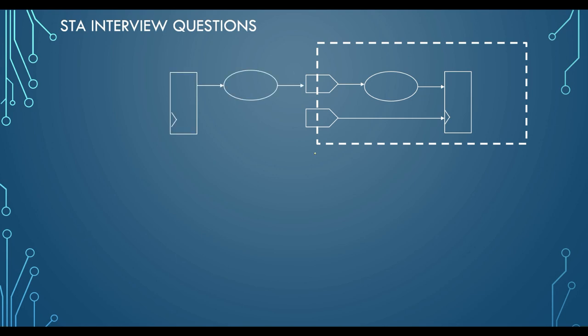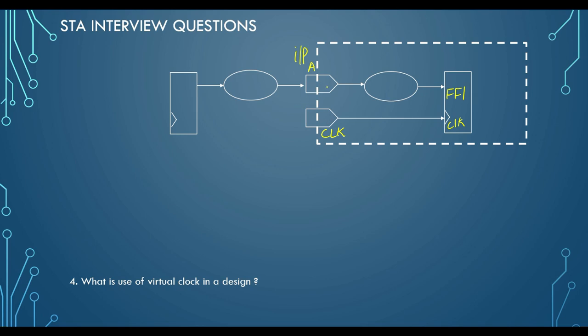Now let us move on to another frequently asked question in the interview. That is, what is the use of virtual clock in a design? So if this is your partition and this is some input port, the question asked is what is the virtual clock? A virtual clock is created in the design and does not have a physical port. You can see that there is a flip-flop, let's say its name is FF1. It is connected to some clock port. That clock port is a physical port, the CLK port, which is triggering this particular CLK pin, and this CLK pin is connected physically to this CLK port.